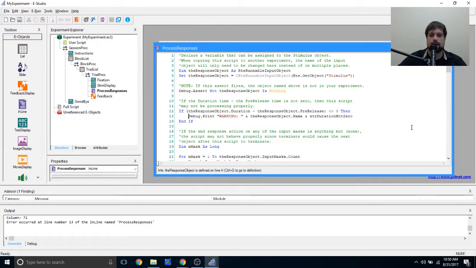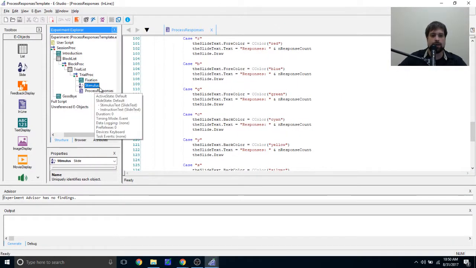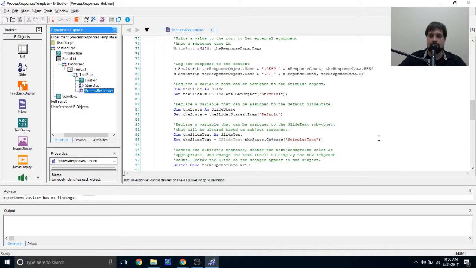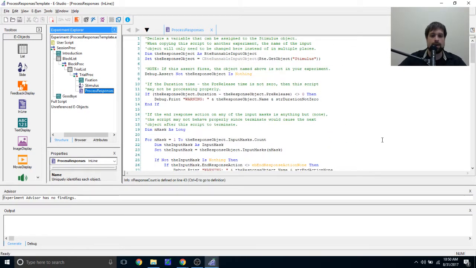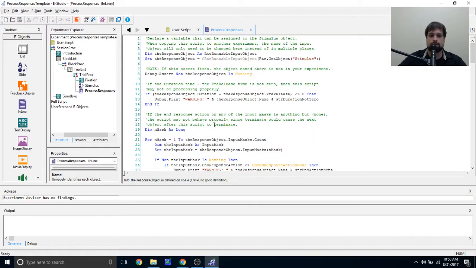So this is another common error in E-Prime. One of the reasons that this happened is because this process responses template isn't the only script that's in this sample. So even though I look here and this is the only inline object, it's still saying it can't get everything. One of the more common errors that we see in E-Prime is that people don't tend to look at this user script. If I look in this user script, you can see that I'm actually setting a lot of constants. I'm doing a lot of very important things in the user script